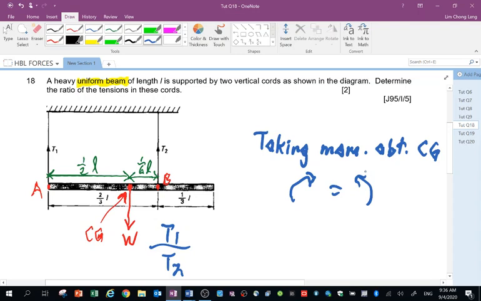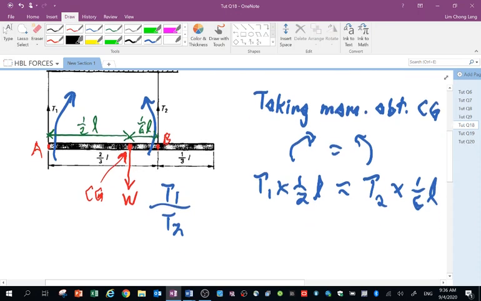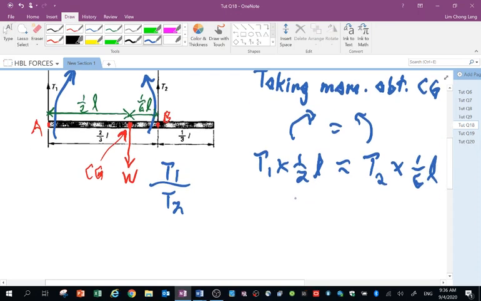So clockwise about the CG, which is this one, clockwise about the CG. So I have T1 multiplied by half L, okay? And then anti-clockwise about the CG, I have this one, T2 multiplied by 1/6 L. Now, the answer is now obvious. T1 divided by T2